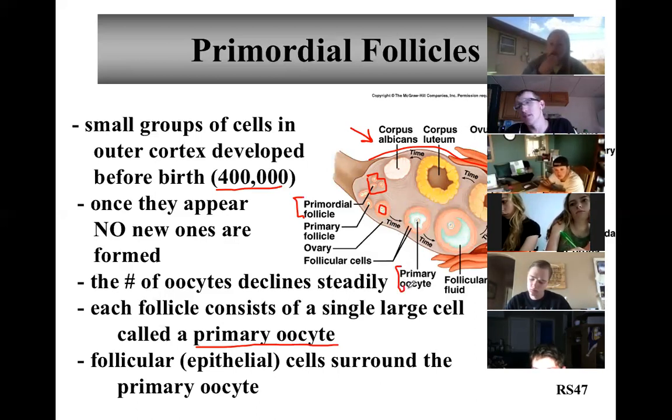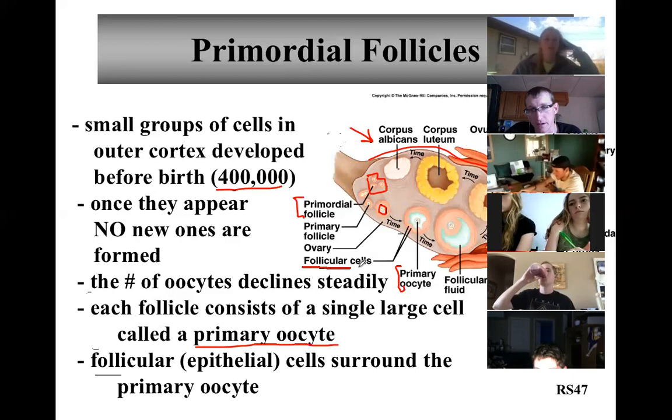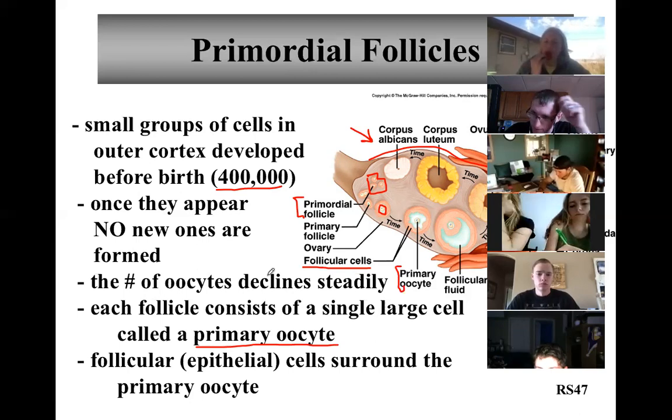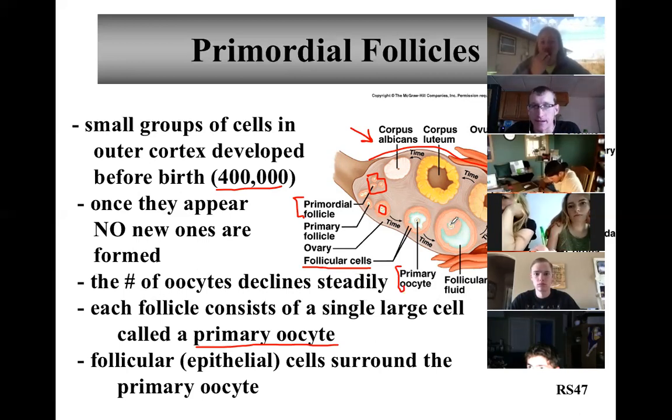Now, the egg cell is important. Don't get me wrong, it's super, super, super important. But around the egg cell are these little tissues, little cells that surround the egg cell, called follicular cells or follicle. You might remember follicle stimulating hormone. That's the follicle we're talking about, not the hair growing out of my hair follicle. But basically what's going to happen is when this egg cell, this little fellow right here, this oocyte, is ready to go,